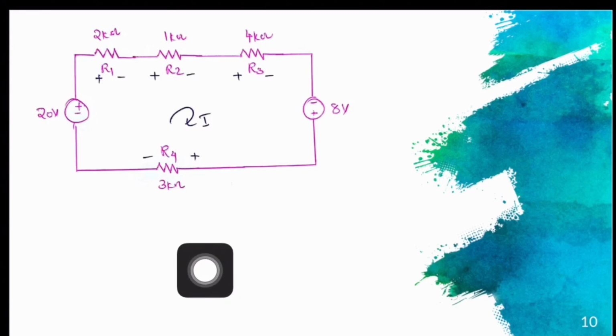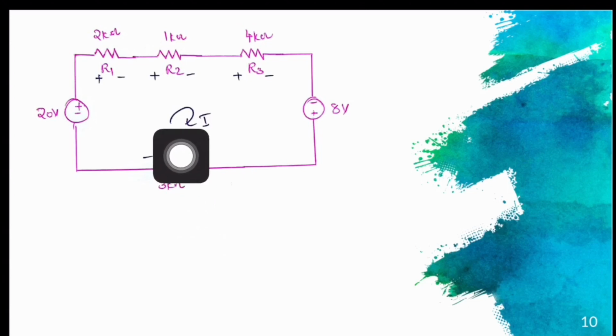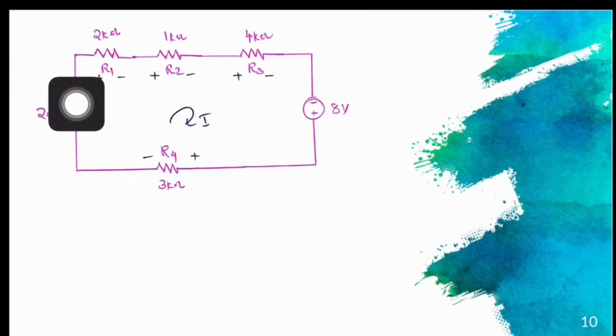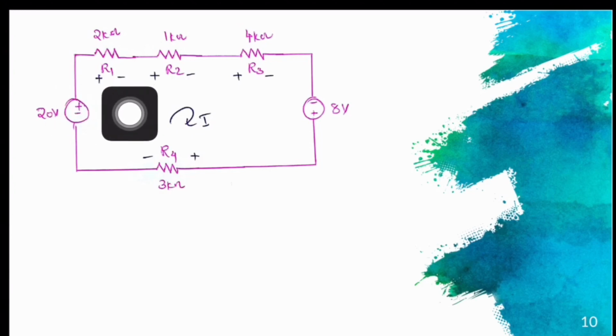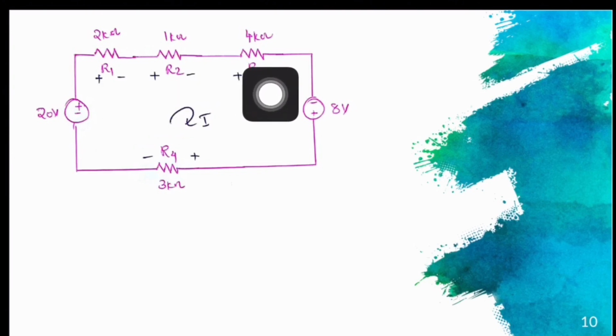developed by that current. Here I enters resistor R1 at the left. That's why we mark it as positive and the other terminal as negative. In a similar manner, polarities of voltage drop across each resistor are marked. Now it's time to write KVL.